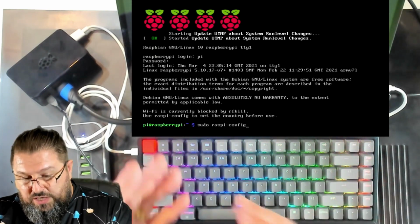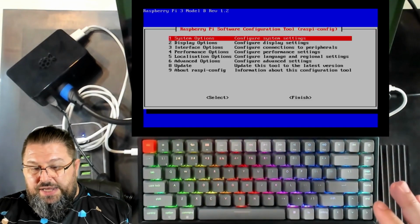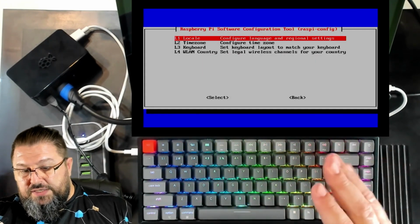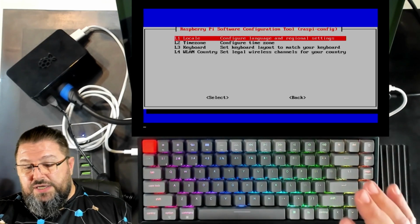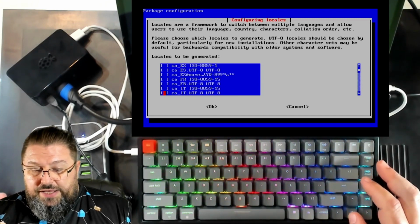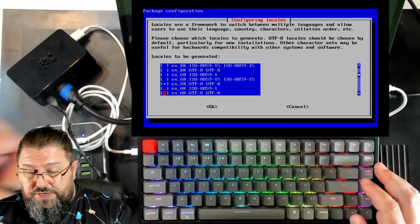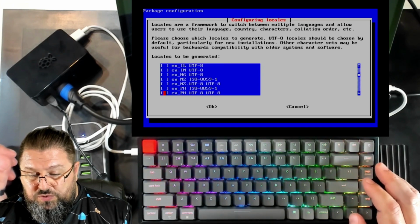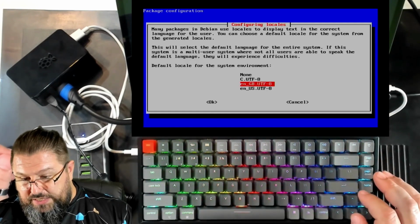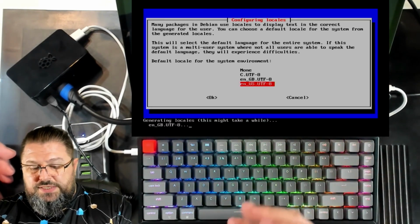At this point, we go back to the same application we had before with sudo raspi-config. And at this moment, we go to option number 5, localization options. First, the locale, I can set up the configuration that is best for me. You can scroll down with the down arrow. I go for English United States UTF-8. Okay, the British one is selected first. I move to the English US UTF-8. Okay, again here I go to English US UTF-8, and this is going to reset the locales in the